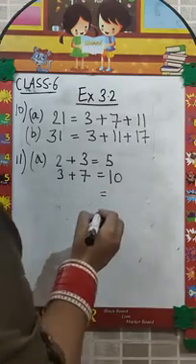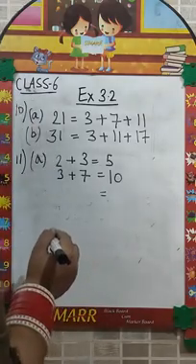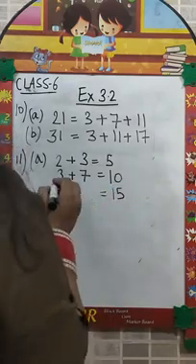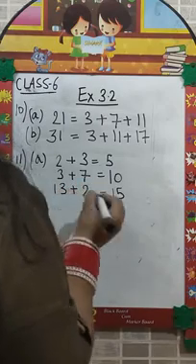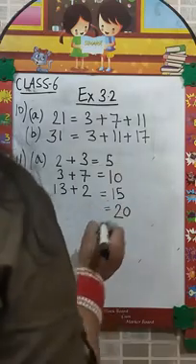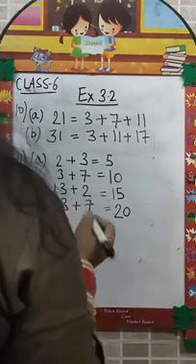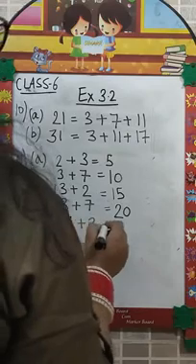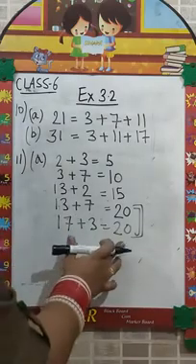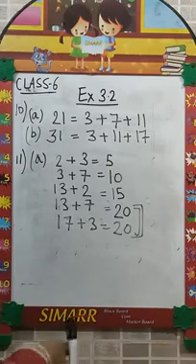Next we have 15. How will I write 15? I can write 13 plus 2. These both are prime numbers. Next we have 20. How will I write 20? 20 we can write as 13 plus 7 or 17 plus 3. It is also the same way, we are getting 20 here. Now we just have to write it before 20, not more than 20. So we have done it.